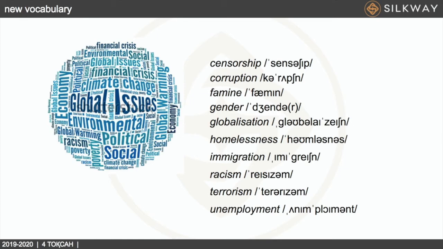We have a lot of new vocabulary, which is not that new to you guys, because global issues are something that we hear every day from the news and all those sources. So we just need to check the pronunciation. Censorship, corruption, famine, when people starve, when people have no food,